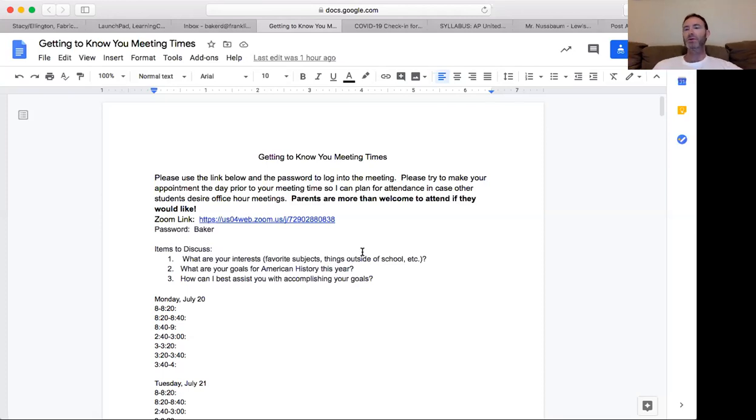And then we get into, obviously, what are their goals for American history? Okay, these students are driven. They are going to do their work. They're going to follow through with things. I don't have any concerns about that as of now. But on the other hand, we also know that perhaps, out of the 17 I think I have on my roster,